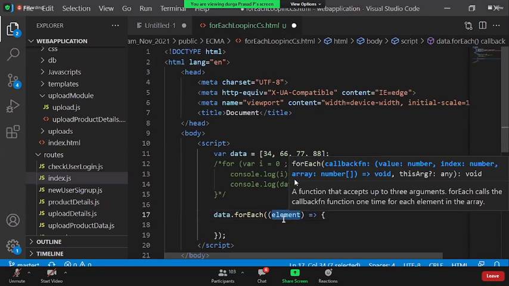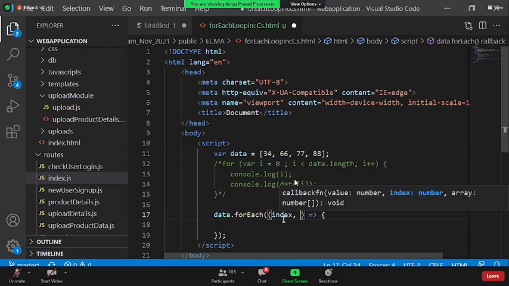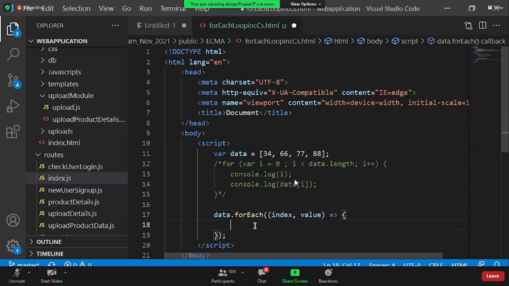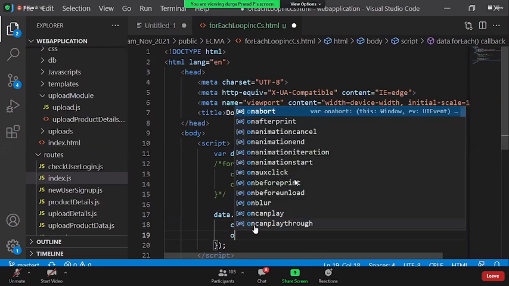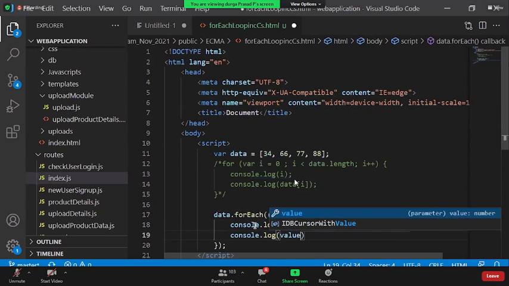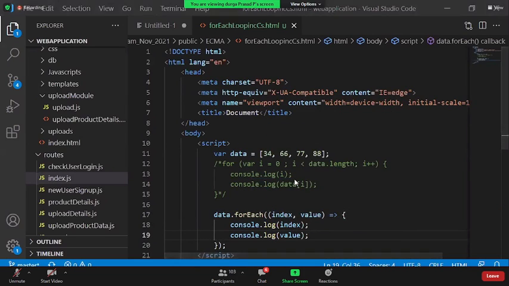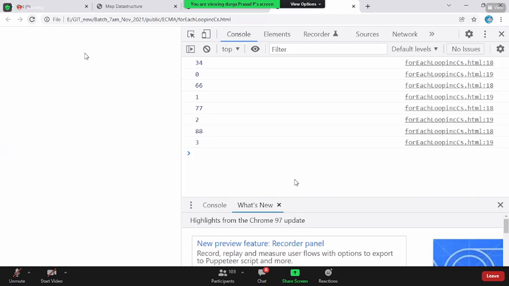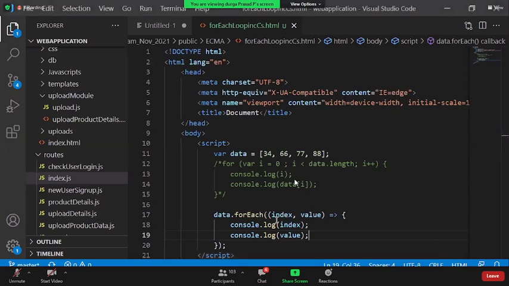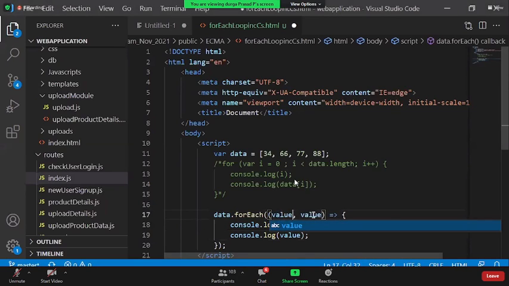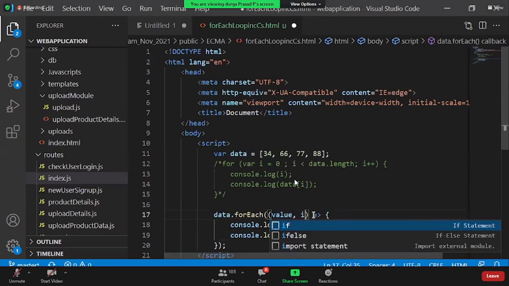You can say index comma value, and now if you console log this, save this, come back and reload the page. Oh sorry, the first thing is the value, the second thing is the index. This is where the confusion is.